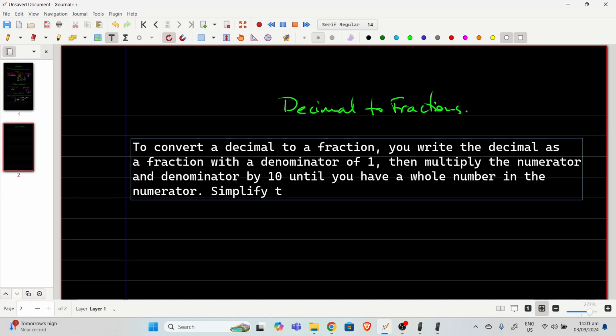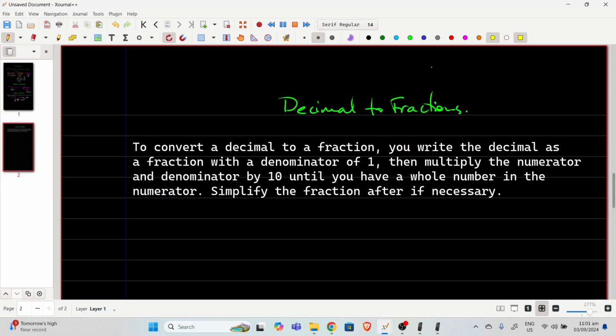Simplify the fraction if necessary. Alright, so let me just do that example there really quick and you'll see what I'm talking about. Alright, let's say for example,